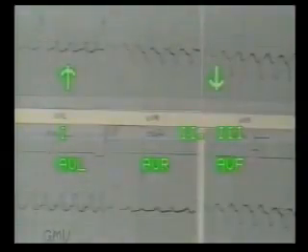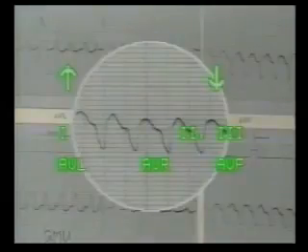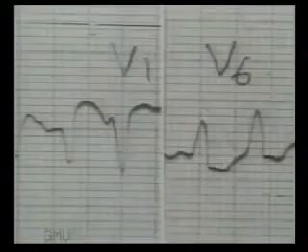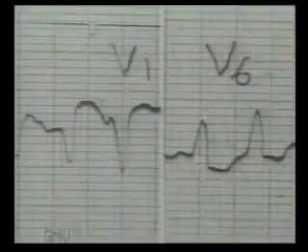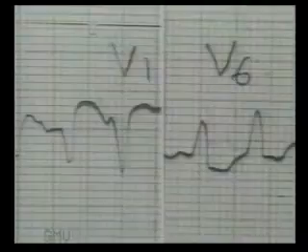Now this ECG has a rate of 185 per minute. The QRS complexes are broad with left axis deviation, positive QRS in lead 1 and negative QRS in lead 3. So let us observe leads V1 and V6. This is a typical left bundle branch block pattern with broad RR dash without Q wave in V6 and deep QS in V1. So this is supraventricular tachycardia with left bundle branch block.